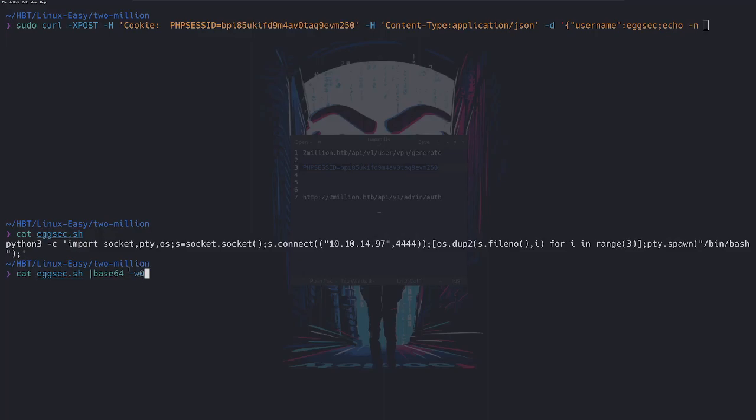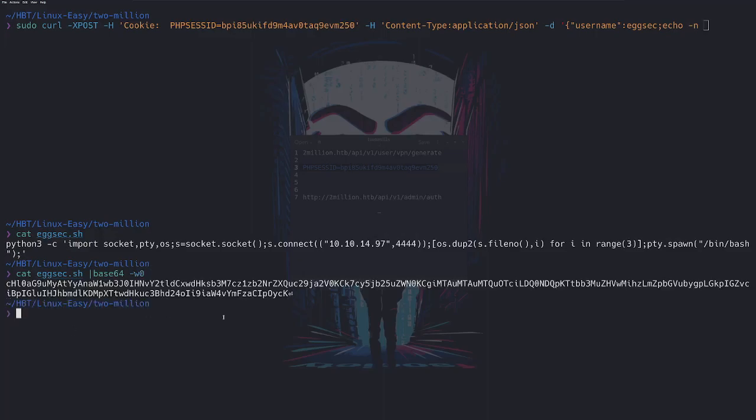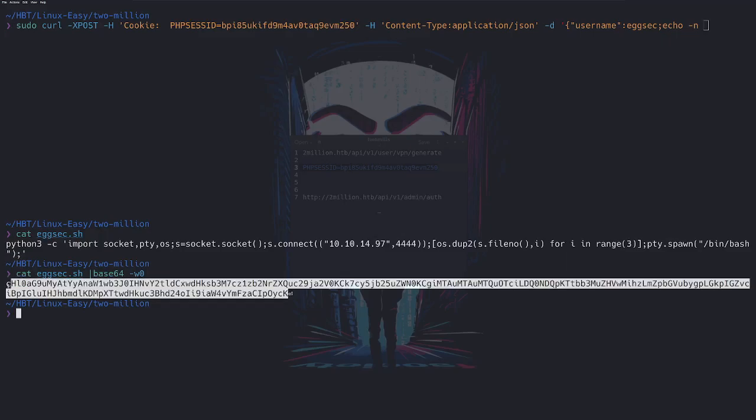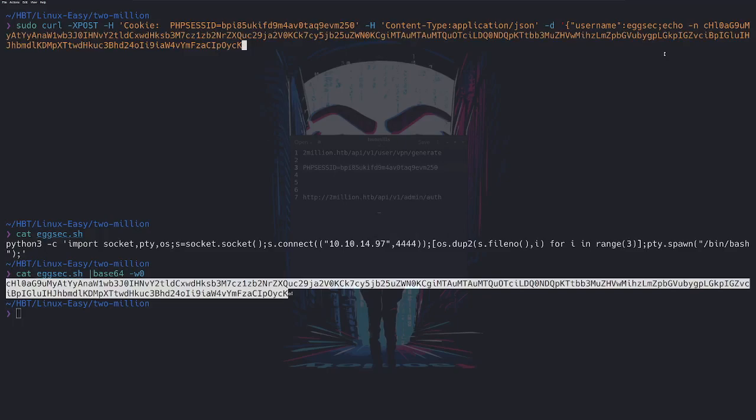Here we're just saying keep everything in one line. There it is. So we have encoded that. So now we can add this line here. Okay, and then we can add equals to